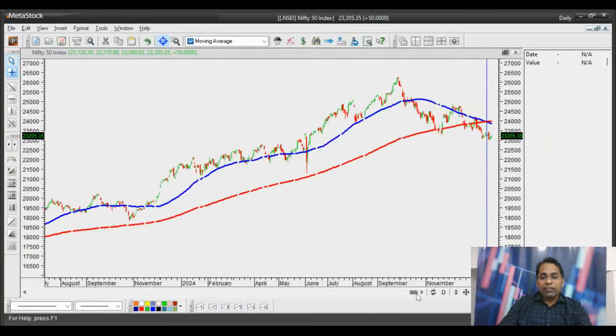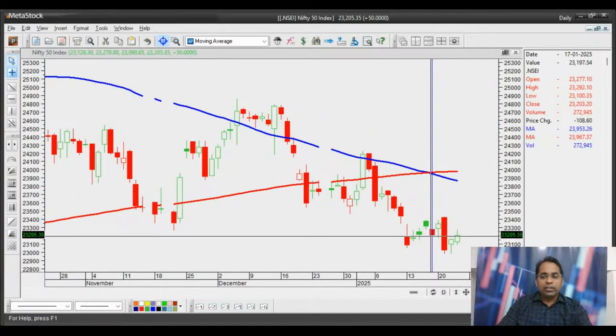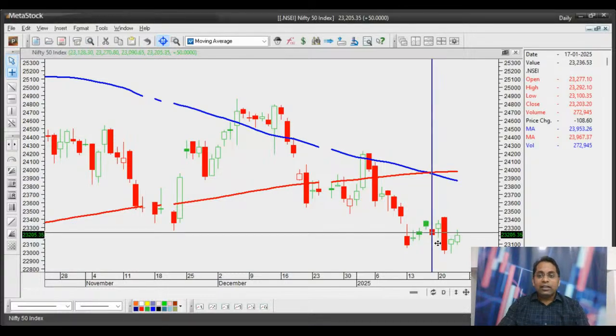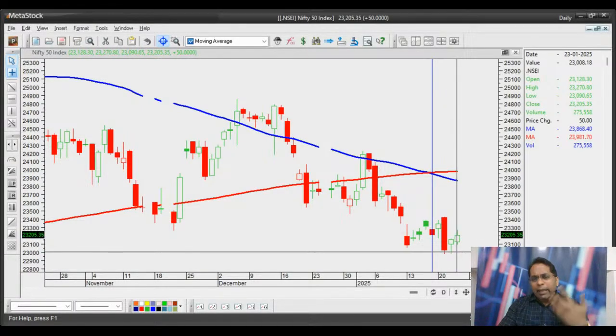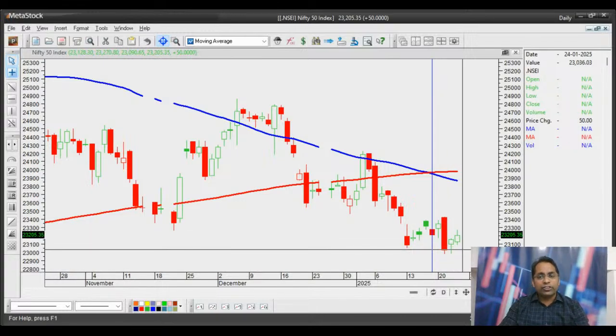Now this is where we are today. Why is this significant and important? Now we are at a juncture where Nifty at 23,200 more or less has given a death crossover. Correct? I hope you agree with me over here. Okay, we've seen a death crossover, which means the Nifty has fallen down. Maybe, I'm saying just maybe, you might see another few more days of correction.